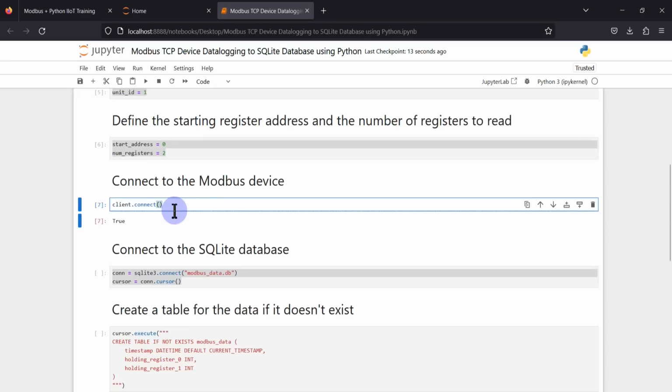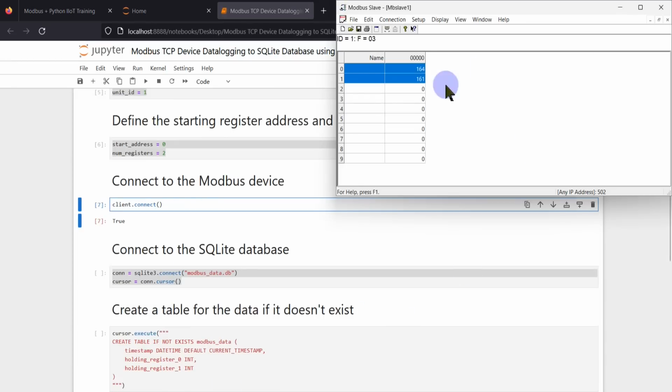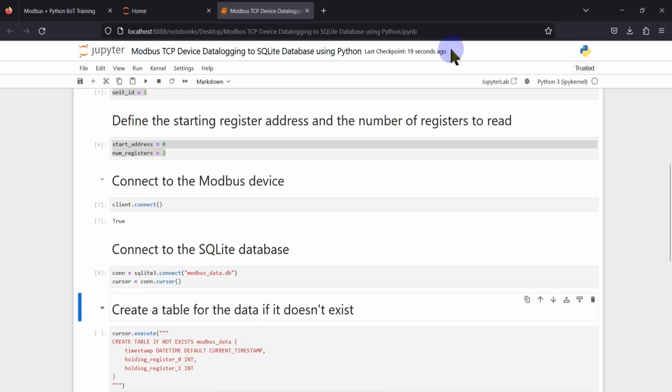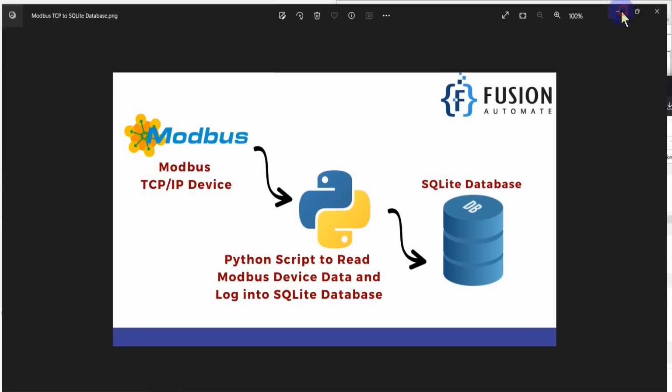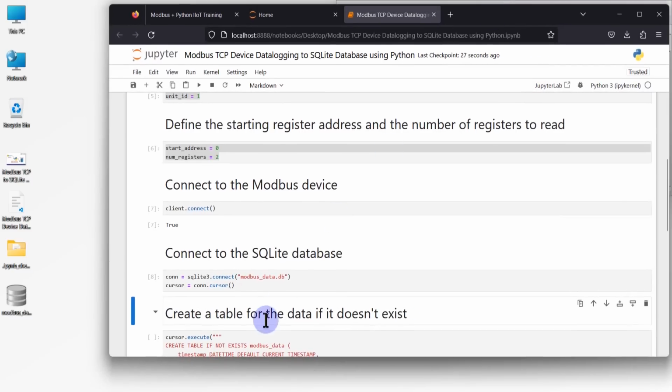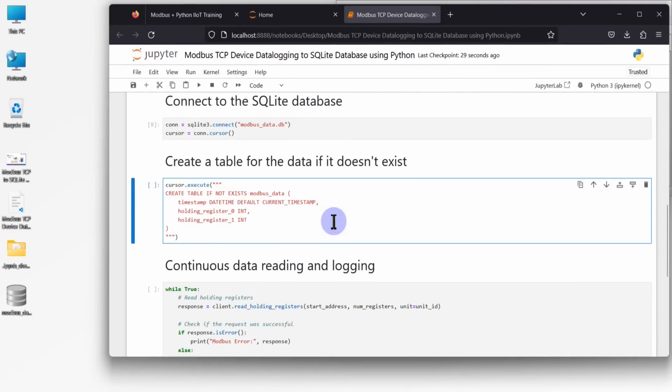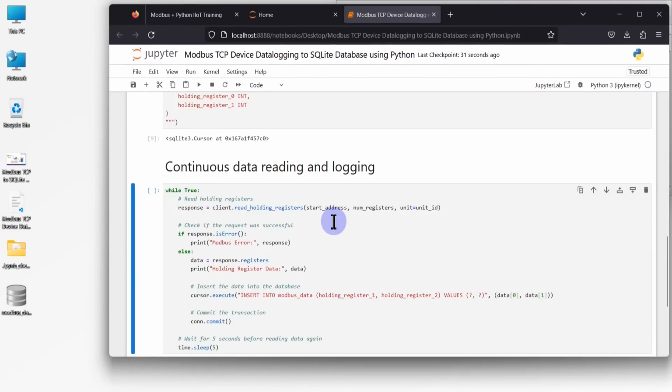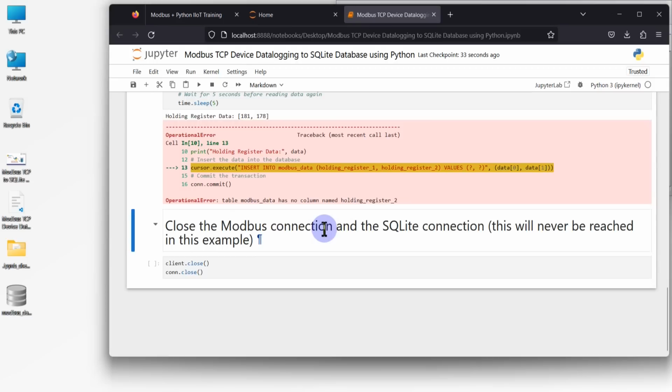client.connect is equal to true, so we are able to connect with this Modbus TCP device. If I run this cell, then you will see that we have created modbus_data.db, so our database is created. Now if I run this cell, then our table will be created, and if I run this cell, then